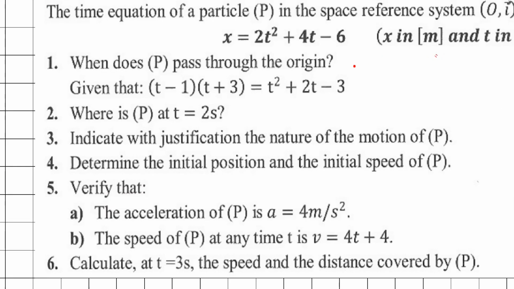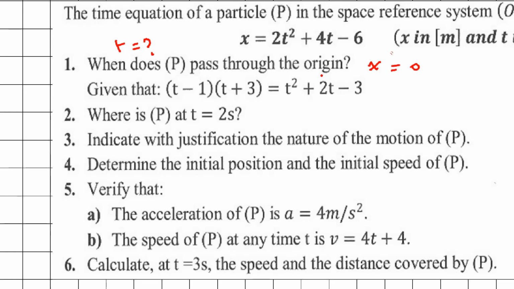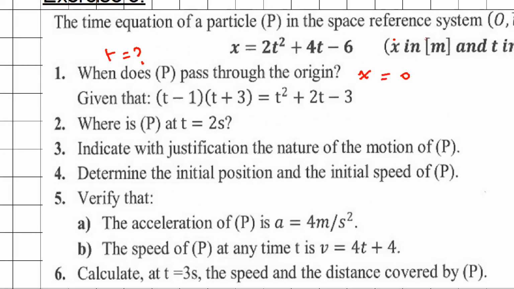When does P pass through the origin? And here "when" refers to time. So we need to determine the value of t when P passes through the origin. Now the origin corresponds to x equal to 0. So we need to find t when x is equal to 0. Now replacing the value of x by this expression,